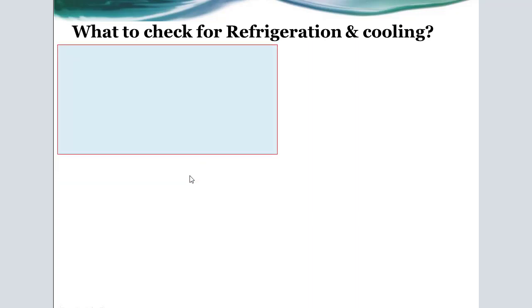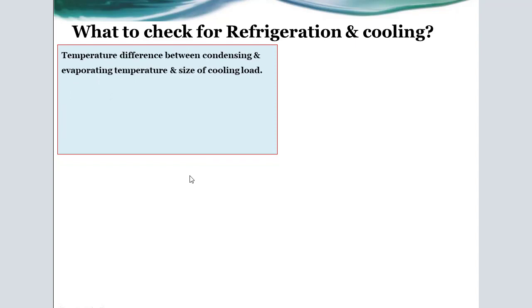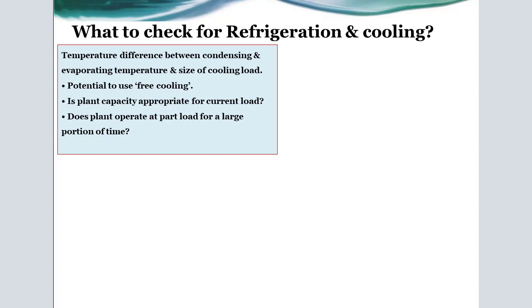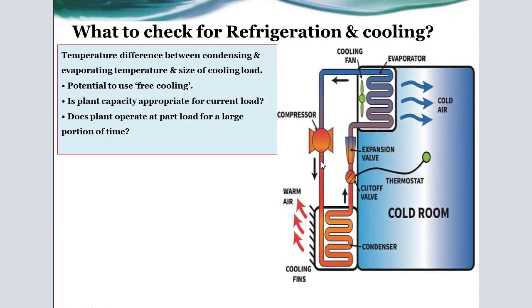At first, energy auditors must check the temperature difference between condensing and evaporating temperature, and also the size of the cooling load, and check if there is a potential to use free cooling technologies, and if the plant capacity is appropriate for the current load or not, and also if the plant operates at a partial load for a large portion of time or not. And as we see in this diagram, the